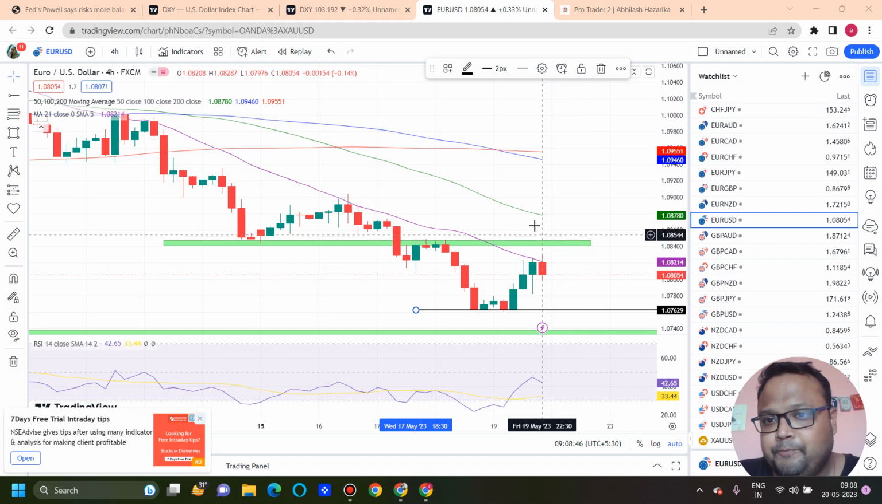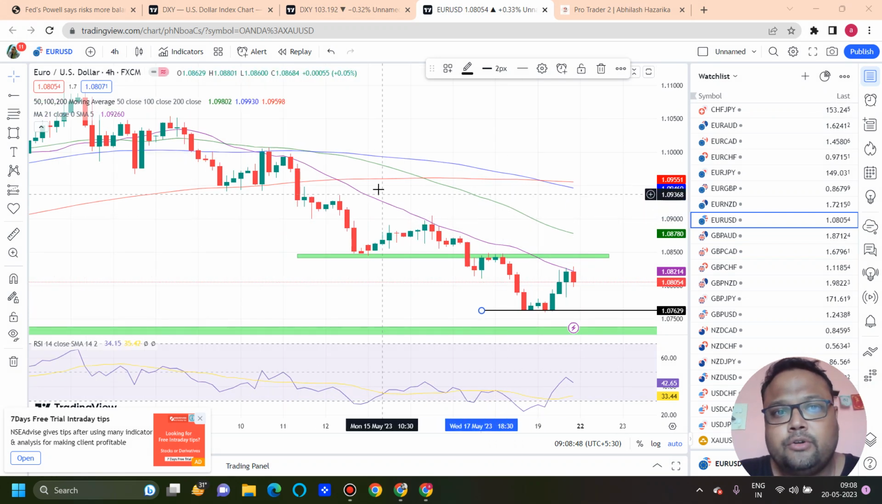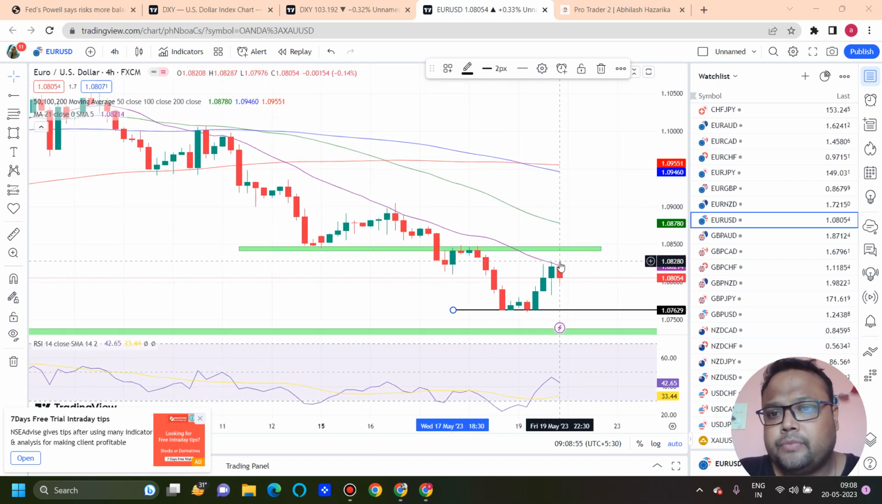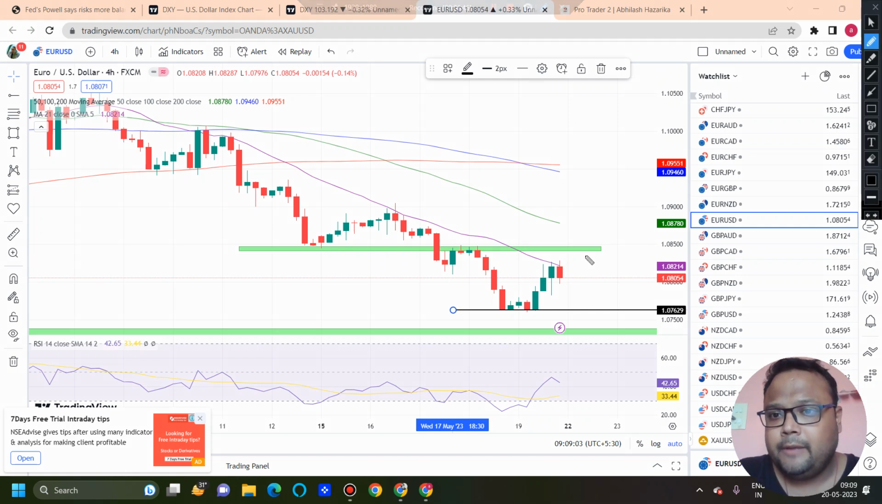But you can also look for some selling opportunity around the 50 moving average, which is also the dynamic resistance for the market here. Okay, so be careful because the market sentiment has changed on Friday. Again, I'm repeating, if market shows upside right after the market opening, you can observe the market around this area,